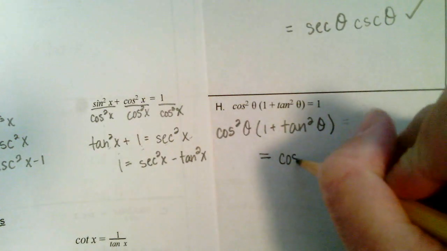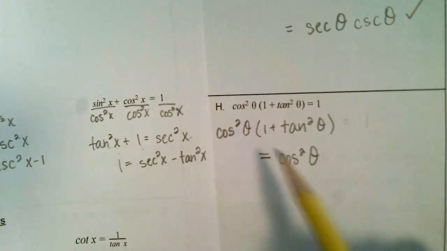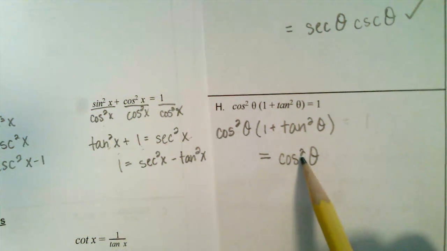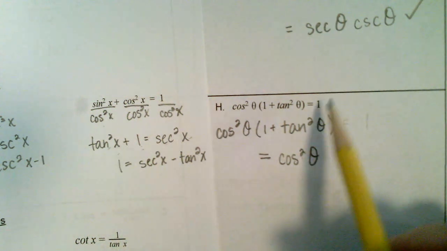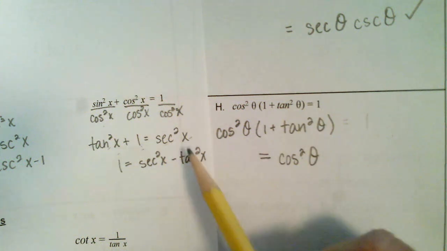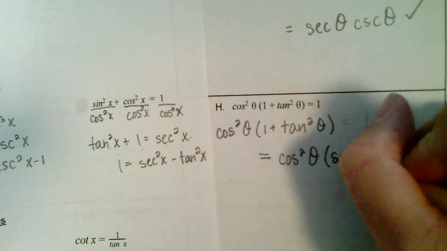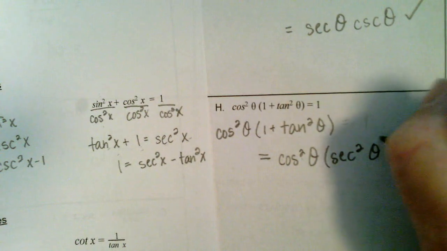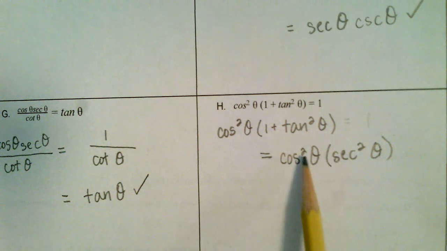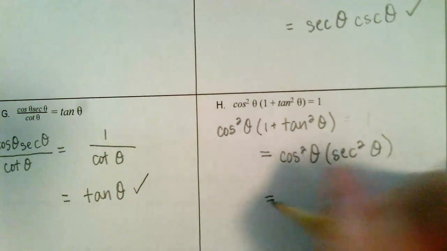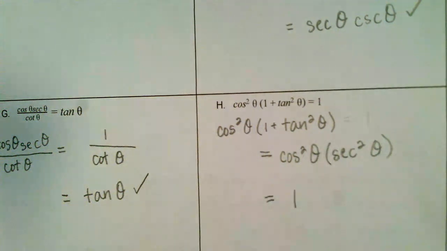So we still have our cosine squared of theta, that's coming from right here. And then we're going to replace our tan squared of theta plus 1 by secant squared of theta. Okay, and then cosine and secant are reciprocals, since they're both squared, we can see that this is equal to 1,